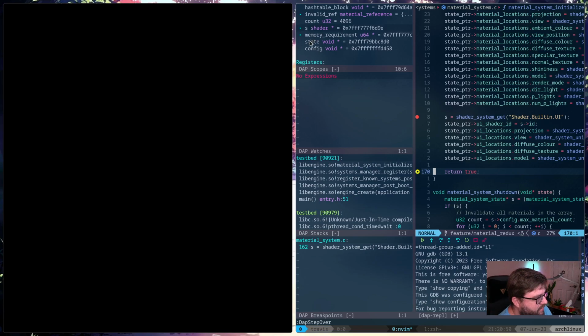Let's see. So does this really not show us static variables? It only shows us locals. That's kind of poopy. I don't like that, debugger. Why aren't you giving me statics?